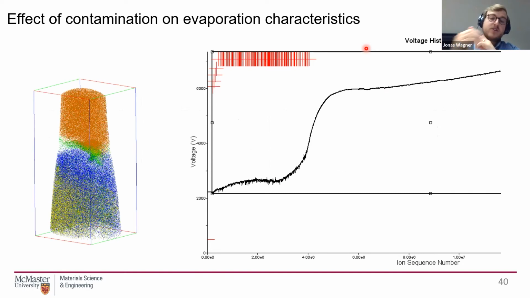Now, a different challenge I ran into: again, the copper was contaminated with oxygen, and now the evaporation rate, or the field at which it evaporated, was much lower than that of iron. I was lucky that it didn't fracture. Going from such a low field to a high field increases the danger of fracture. It also increases spatial aberrations.